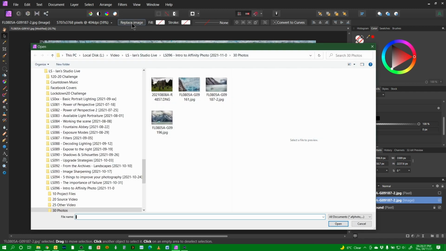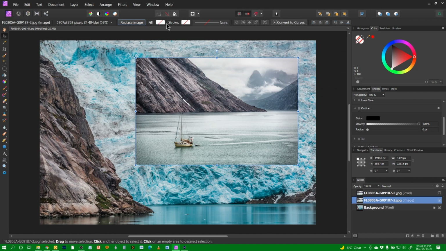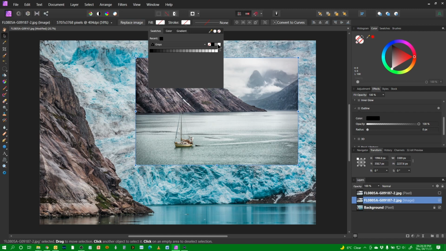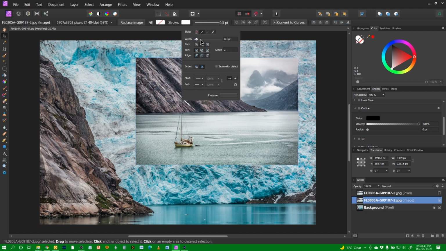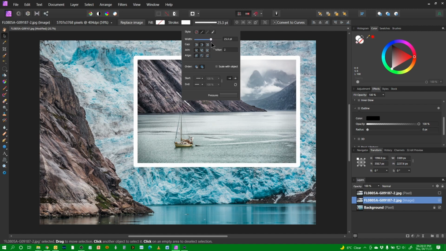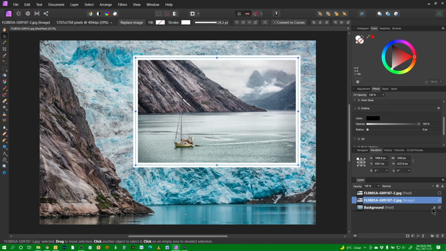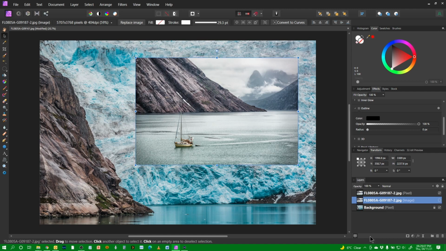We've got replace image. I could choose another image to replace it, as simple as that. I can stroke it, which I'm going to do with white, and I'm going to make the width a nice white border on there, and the joins I'm going to have a square, so it sort of gives it a frame on there. If I go over to the pixel based one and hide that,